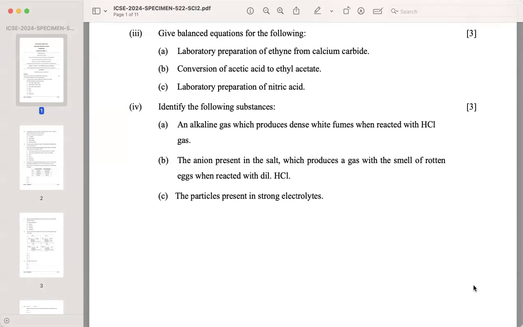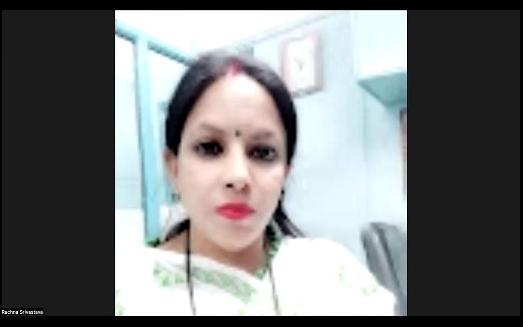Then particles present in strong electrolytes, it will be ions because strong electrolytes show almost complete dissociation. So this is your specimen paper solution